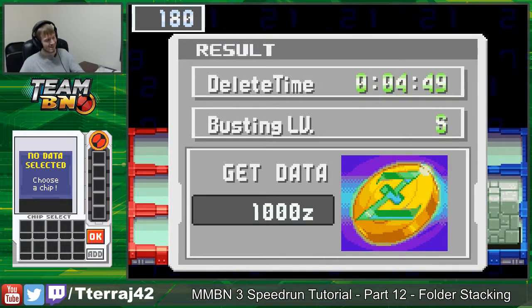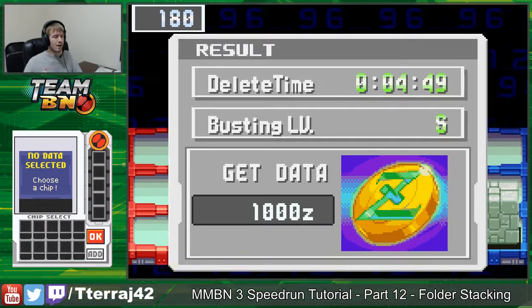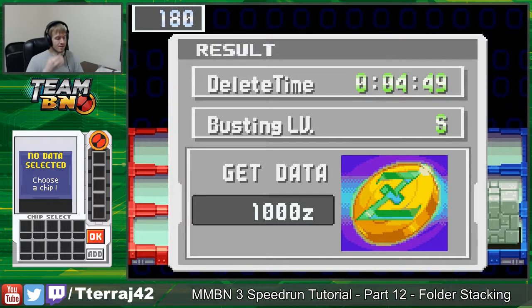So some people really like the idea of folder stacking. It gives you tremendous potential, and it is very fast. The only downside is you have to do specific folder edits, you have to save the game in a specific spot, and you have to do a hard reset. So it takes a lot more notes, memorization, learning, practice to do effective manipulations,